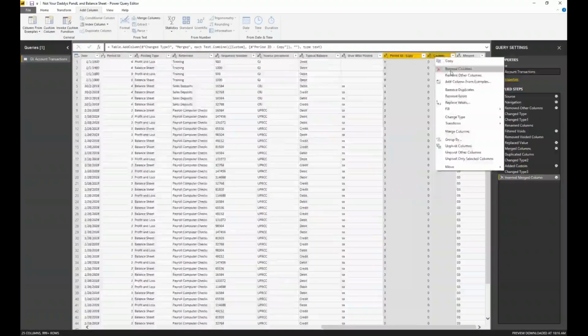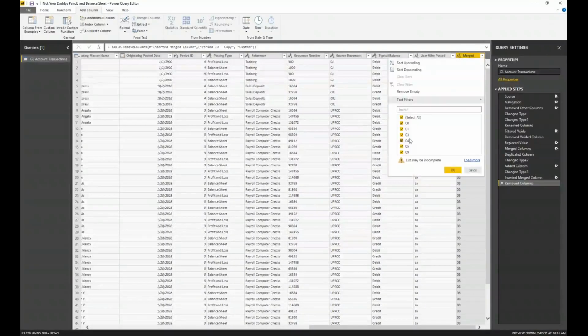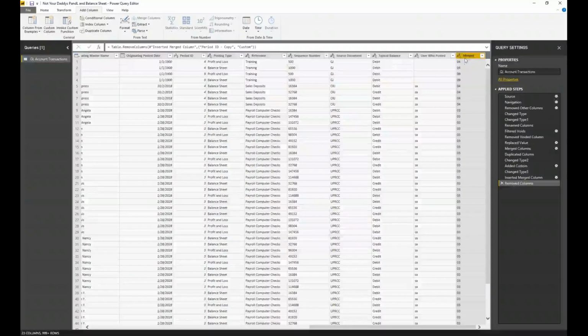So I'm going to get rid of these. Now, you don't have to go through all this extra work if you're on a calendar year. This is just if you're on a fiscal year. Now, the reason I did this is because any value that has only one digit, when I turn this, look at this, and when I sort it, I want it to sort like 2 to be before 10. And if I were to load more, now you're going to see I have 0, 10, 0, 11, 0, 12. So what I want to do is lop off the 2 right characters.